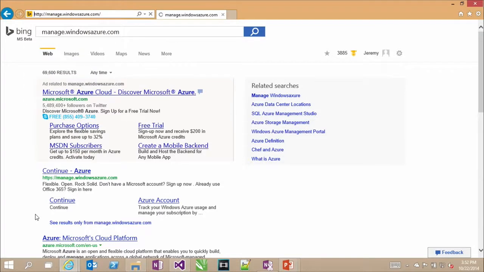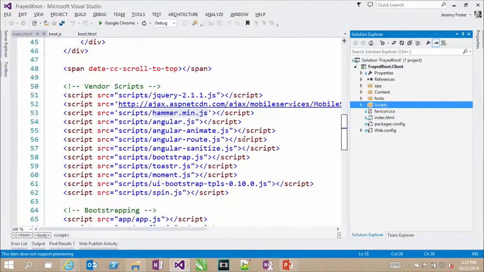Not sure why that didn't work, but we should be there soon. Must have misspelled it, because here it comes. Okay, I'm getting into my Azure Portal. I'm going to take you to the website that I created for this project. And I do have to tell you that there's even multiple ways to hook up Visual Studio to your web